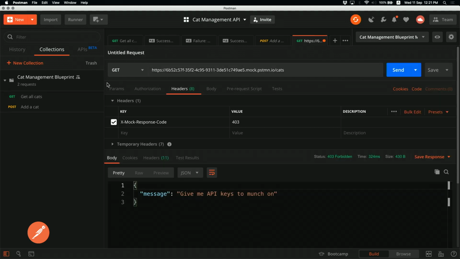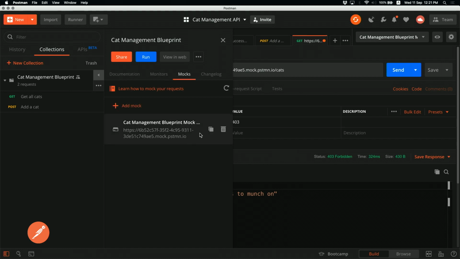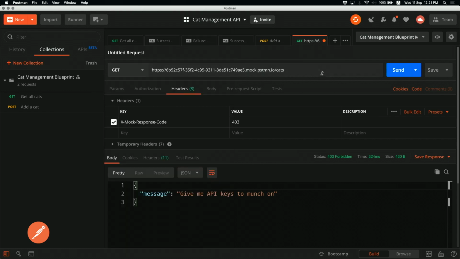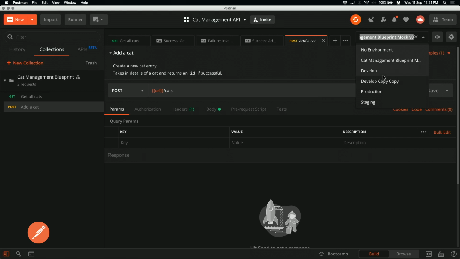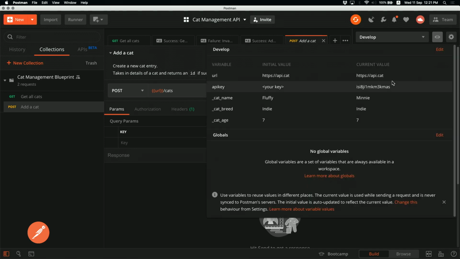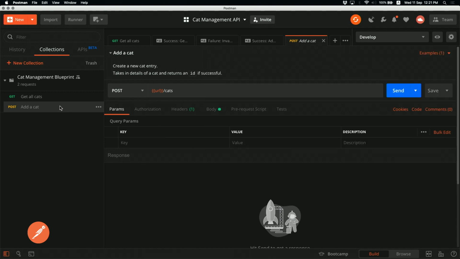Now, I have created a mock here. So what I can do, however, is take this mock URL endpoint and go to my develop and change the URL to this mock URL, whatever was the base URL of the mock. So what I want is, now if I am looking at add a cat, now if I send this,